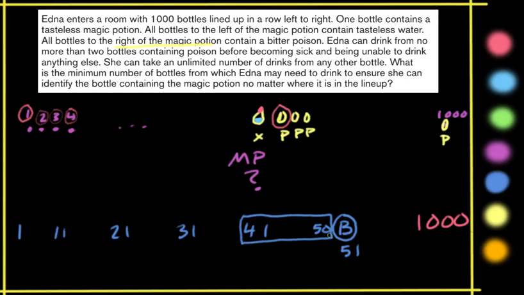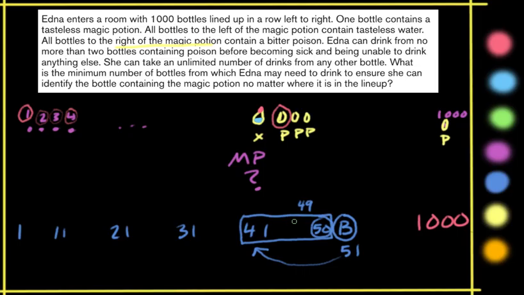If she skips any, when she goes back here to 41, she'll be in trouble, because then she might end up needing to taste 3 bitter potions to figure out the answer. So she can't skip any once she goes back. She would sample 41, 42, 43, and in the worst case, she would have to taste all the way up to 50, because once she tastes 49, if it's bitter, then